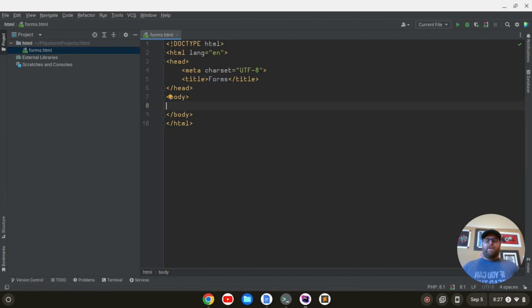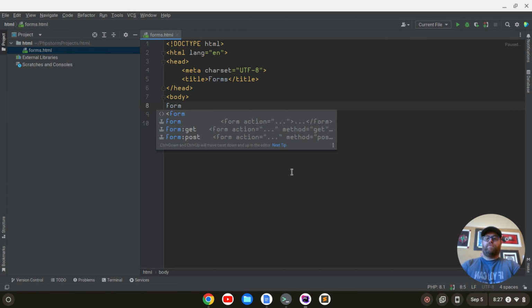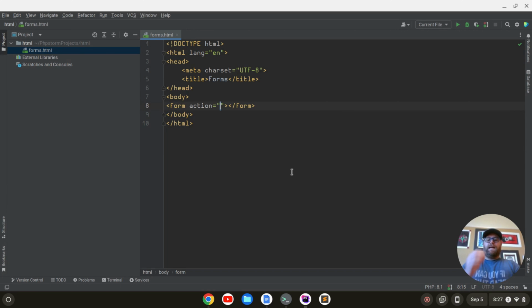In this video, we're going to create forms in HTML. So I have my simple HTML file open called forms.html, and we're going to create a form. So let's type a form tag. I'm going to do form and hit tab, and with Emmet, that's going to give me a form here,